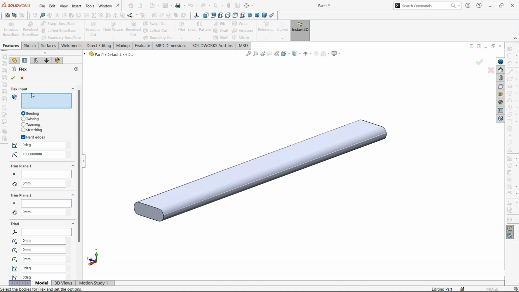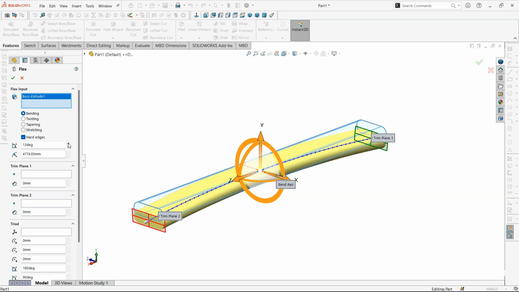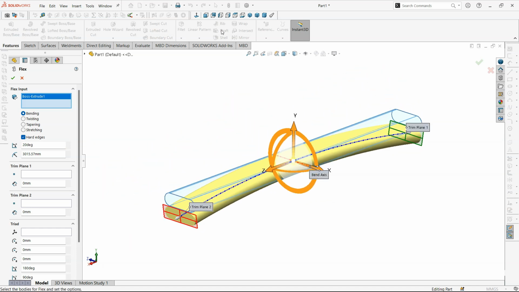For the bending purpose, we have to select one body. Let's say I have selected this body. Now these planes are showing that between them there will be bending. So how many degrees do I want to bend? Let's say we want to bend 20 degrees. So by clicking on 20 degrees, you see here